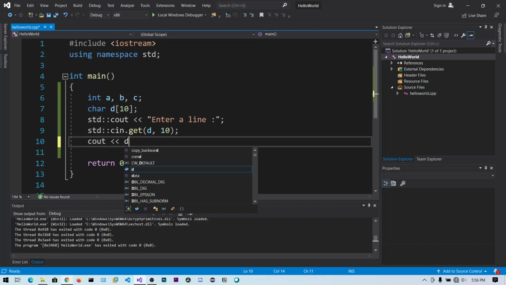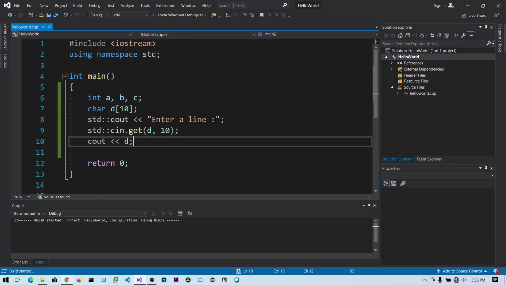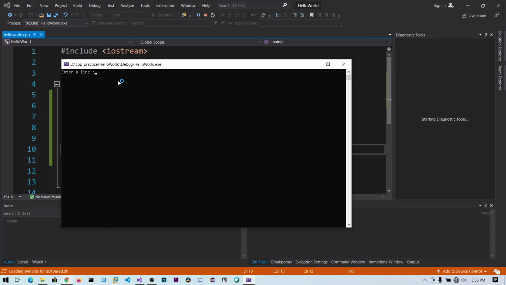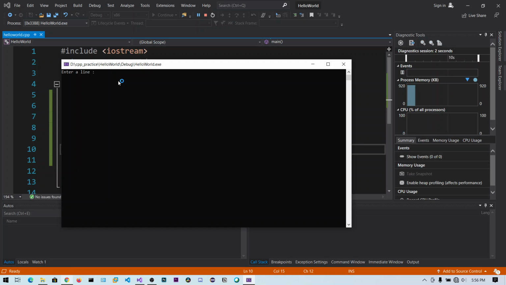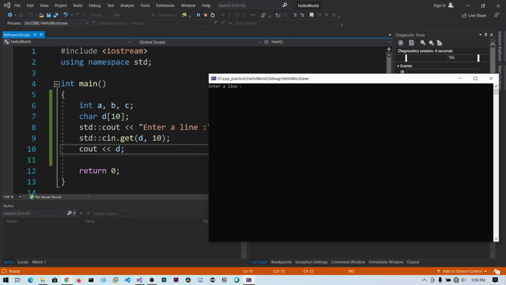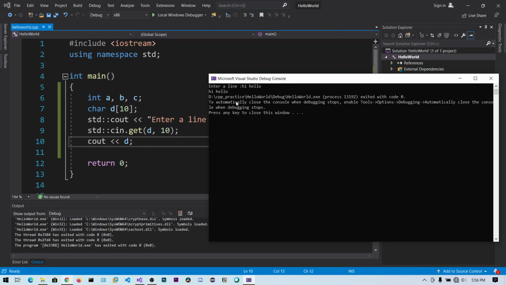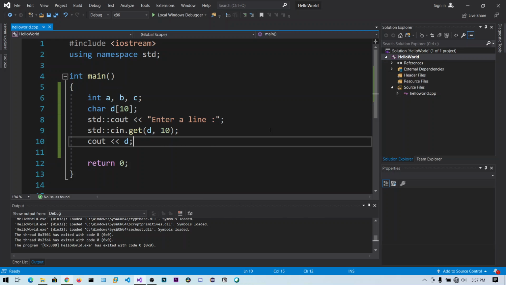We can say d. Now let's run this. Now it's asking for a line. Now we need to enter a number of characters less than 10, because the actual maximum memory size is 10. Let's say hi space hello. These are the two words I'm giving. Now if you hit enter, you can see the hi hello has been stored as a string in the d array.